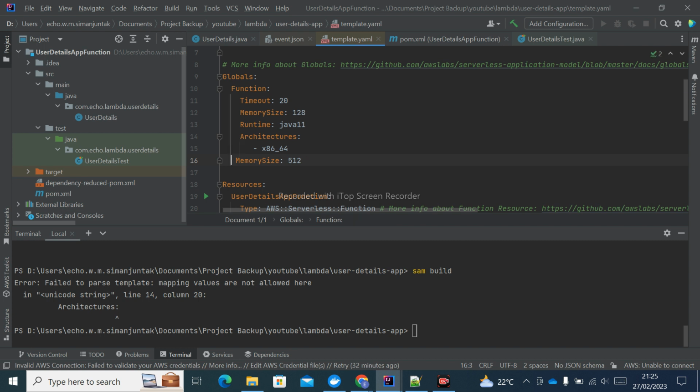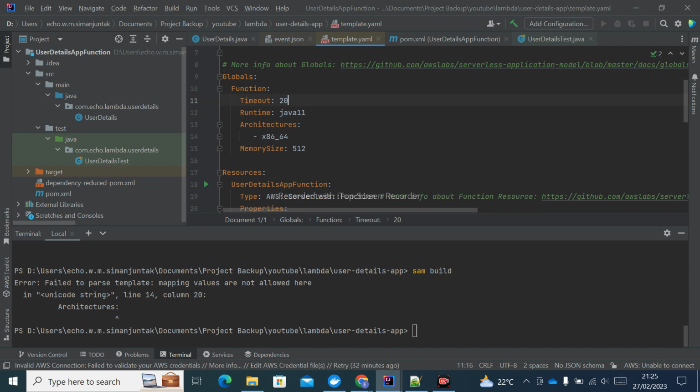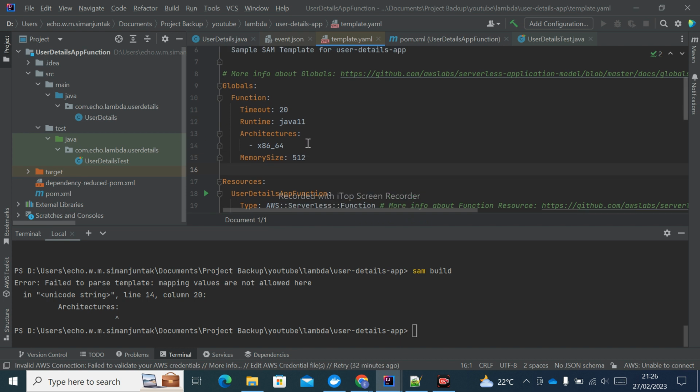and the memory size too. So we have two memory sizes here. I will remove the one that contains 128 memory size. Okay, please make sure that this architecture value has one tab, only one tab. Okay, I think this